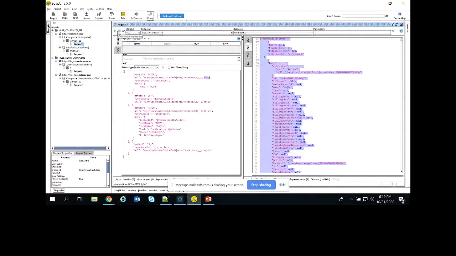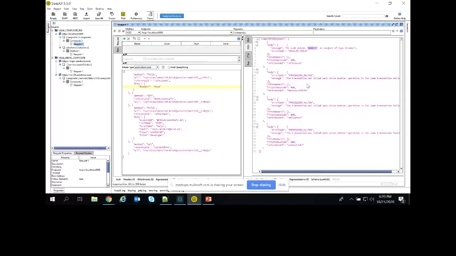So what I can do is make some changes, like the name to 667, and let me hit it. The transaction has been rolled back, as there is no such column name 677. The whole process has been rolled back. This is what you are going to get in the response.